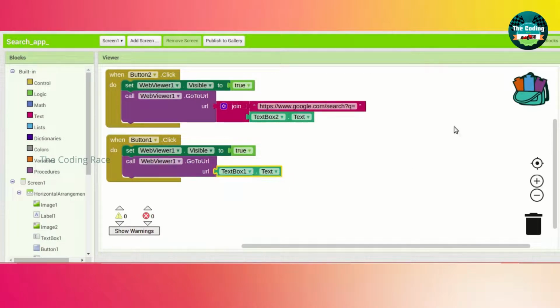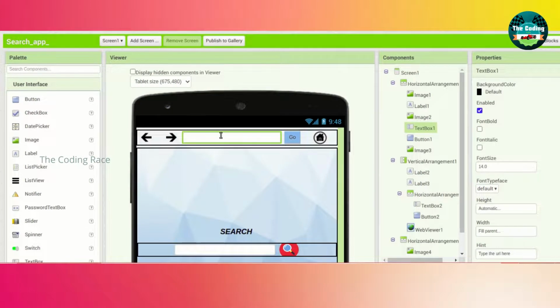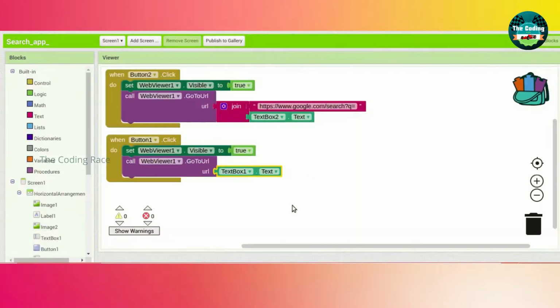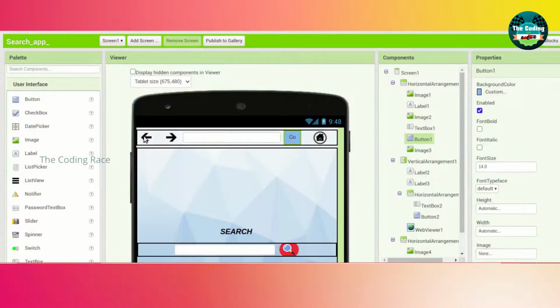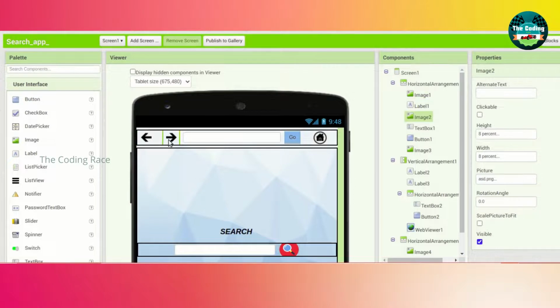I am going to duplicate this call web viewer dot URL. Just remove that join and the URL of Google. We just want the text box 2 dot text, no, text box 1 dot text. Sorry. Go to designs. Yeah, that's perfect.